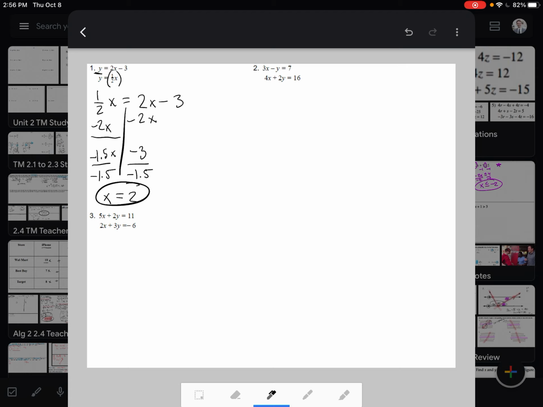All right. So don't forget, when we're done, we still need to solve for y, so we can plug this back in. So y equals 1/2 x, or y just equals 2 over 2, which equals 1. Okay. So there we go, we have x and y. That's an example of substitution. Number 2 is an example of elimination. And I'm actually going to come back to that. I'm going to allow us to do that one on our own